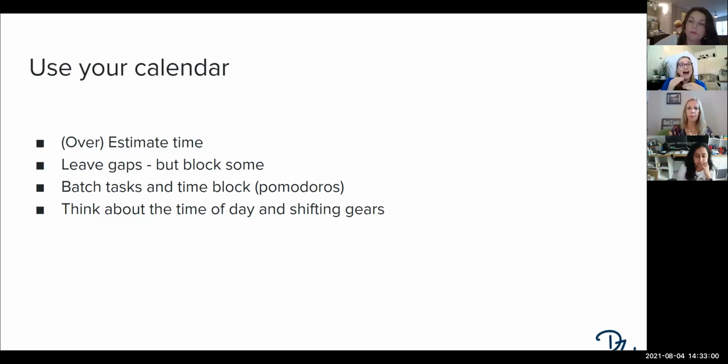I set a timer, which is part of the Pomodoro technique, and it means I start to focus. The timer has started, and for some reason that lets me get started right away. It also helps me stop distractions because I've got 25 minutes and I'm working on this thing. And then I'll get to those little distractions here and there. And yes, you want to make sure that you're scheduling your breaks and your lunch breaks. Those are so important and so realistic to how we need to spend our days.